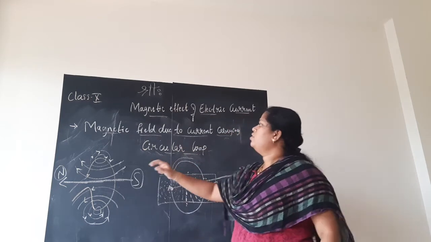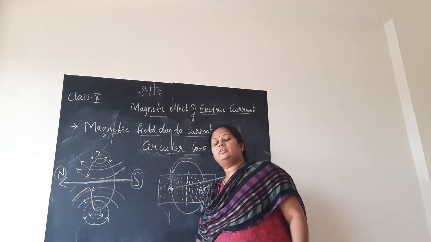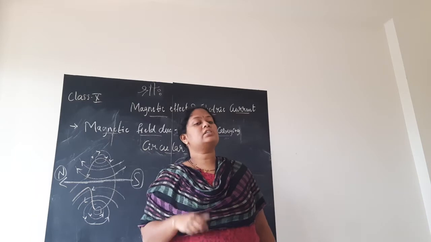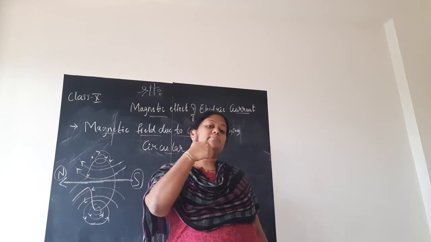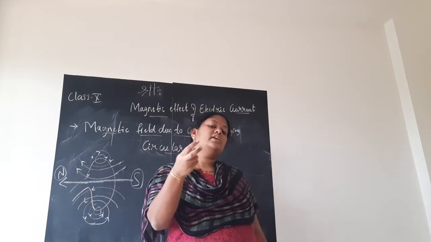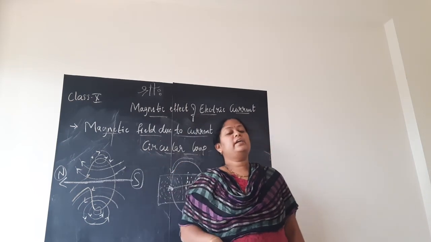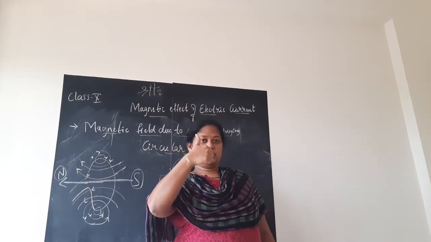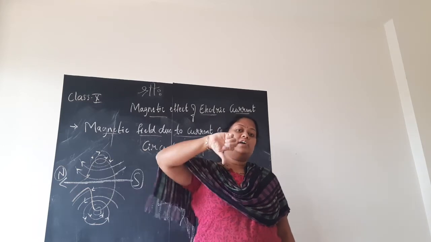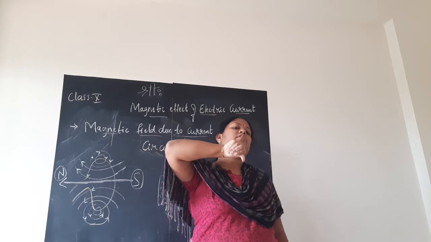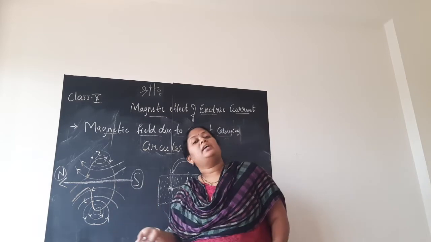Next we shall study about the magnetic field due to a current carrying circular loop. Till now we studied about the straight current carrying conductor, and we also discussed the right hand thumb rule. When you thumbs up, the right hand thumb always shows the direction of current, and the curl of the other four fingers shows the direction of magnetic field. From that rule we understood that if the current is flowing in the upward direction, the magnetic field lines will be in the anti-clockwise direction. And if the current is flowing in the downward direction, the magnetic field lines will be in the clockwise direction. That we understood, children. So, the same concept we shall apply here as well.